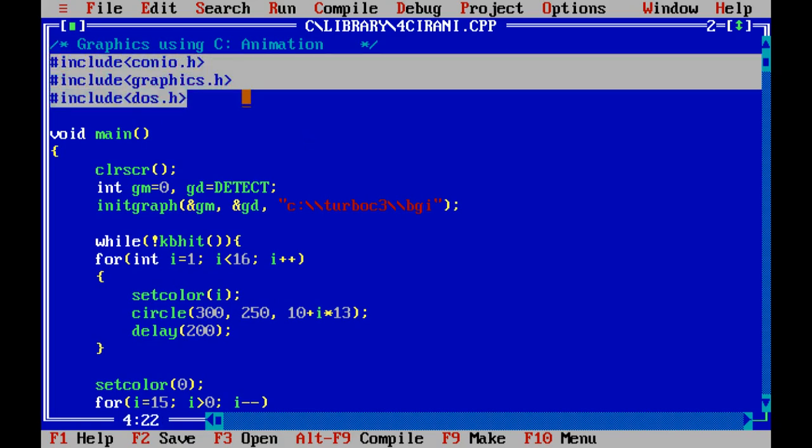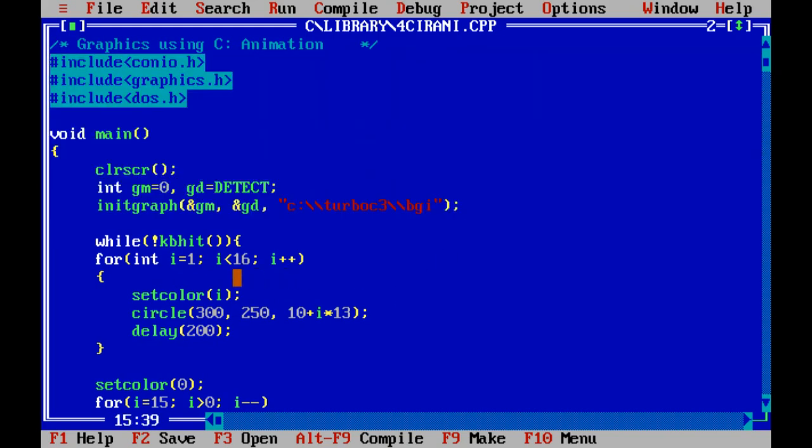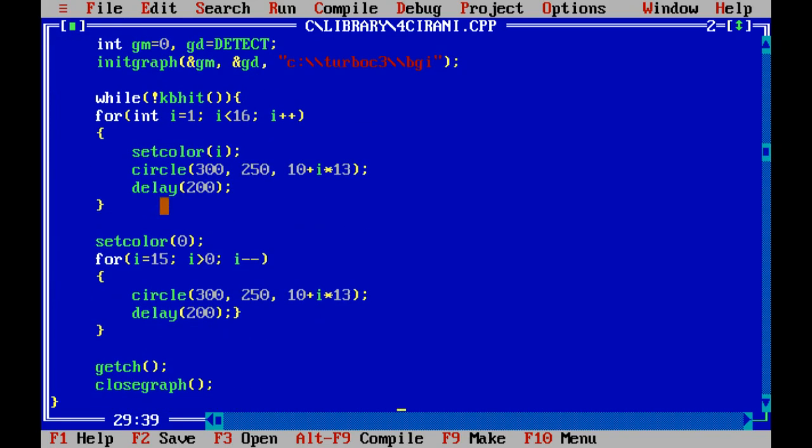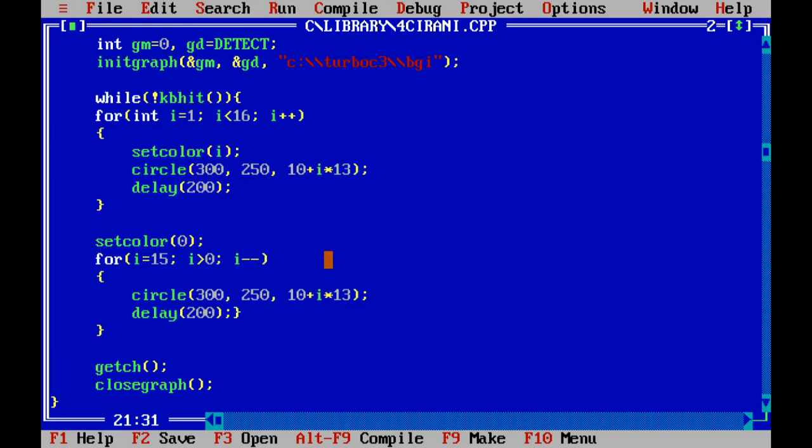As mentioned in the earlier program, it does not need to be mentioned here. I only discuss this part, and this part draws this output. Here a while loop is there with a kbhit function.